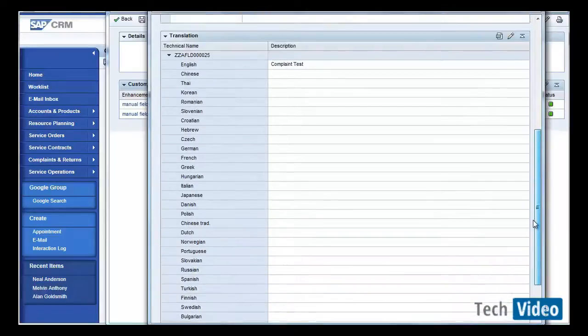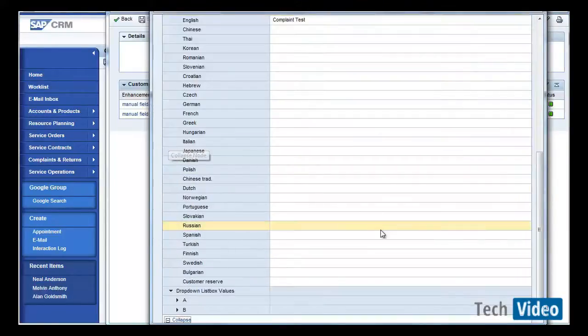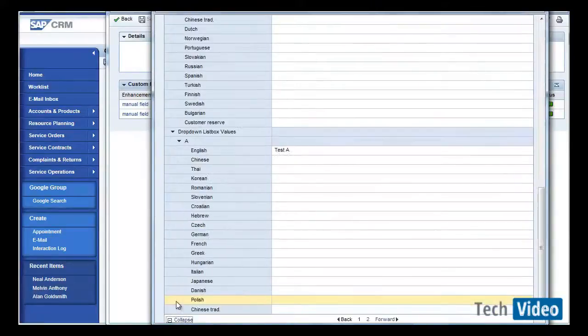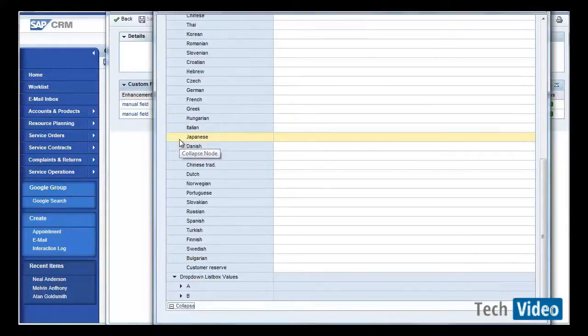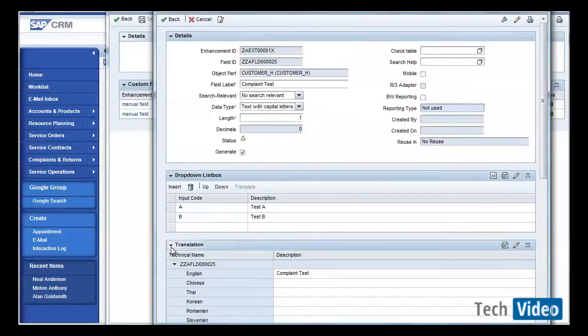So here you have the option of drop down values for A and B. So now going back,